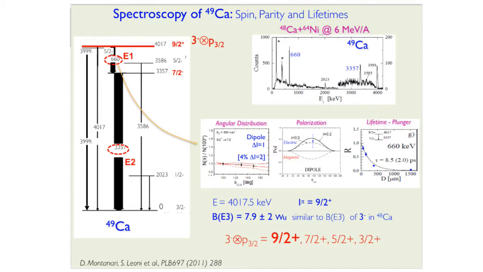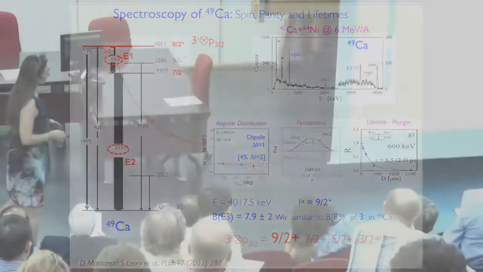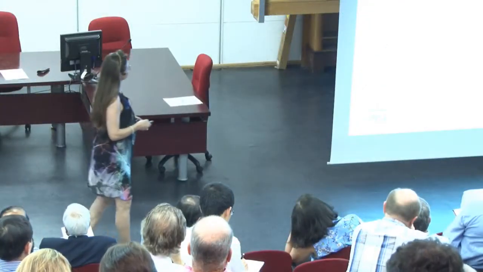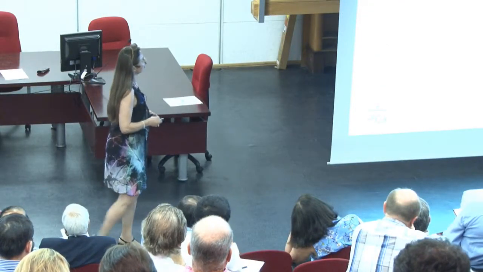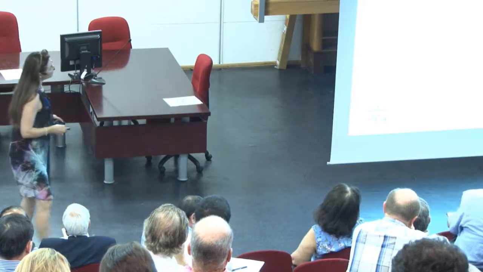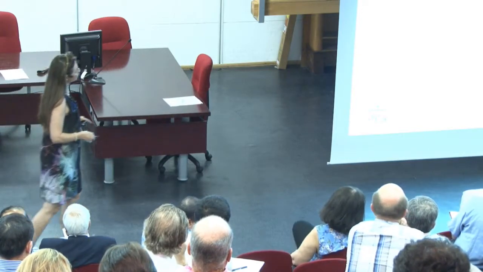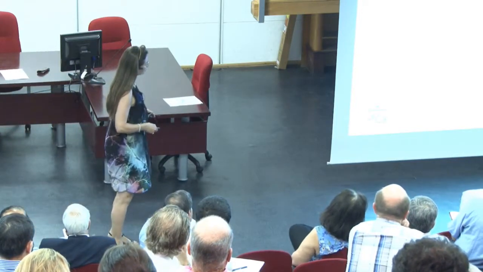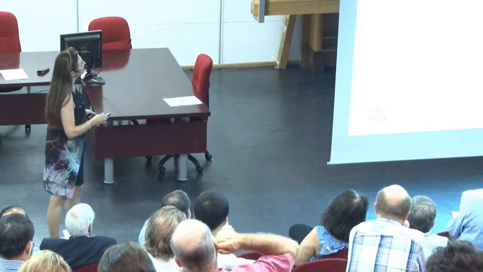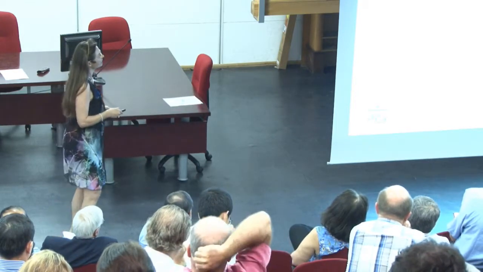It appears as the highest spin member, possibly, of a multiplet of states arising by coupling the unpaired neutron to the 3- octupole phonon in calcium-48. So to interpret this state at that time, there was not available a macroscopic model easily applied. So our colleagues in Milano, Gianluca Colò and Pierfrancesco Bortignon, made a schematic calculation making use of this phenomenological